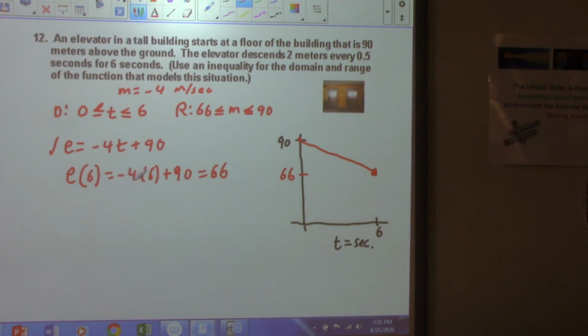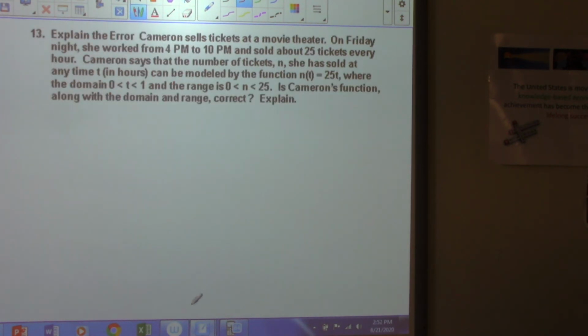Okay, I think that covers it, right? We did all the graphing, we got the equation, we got the domain and range. We're ready to go on to number 13. Okay, number 13 is an explain-the-error situation. Not fully modeling, but